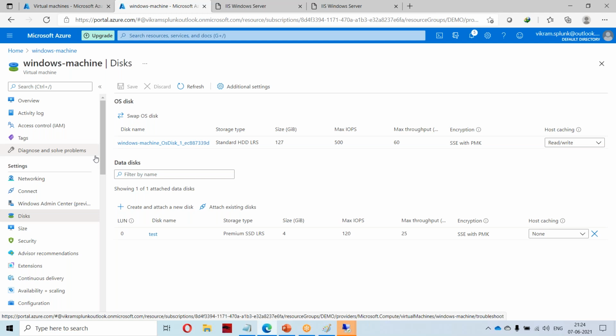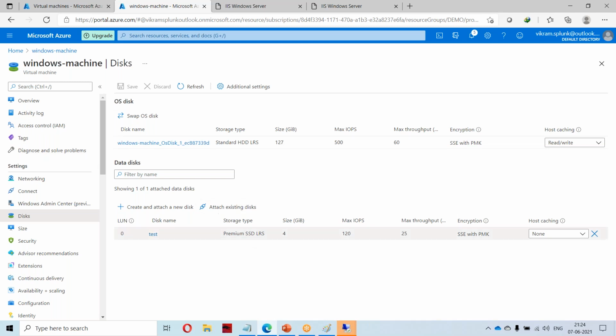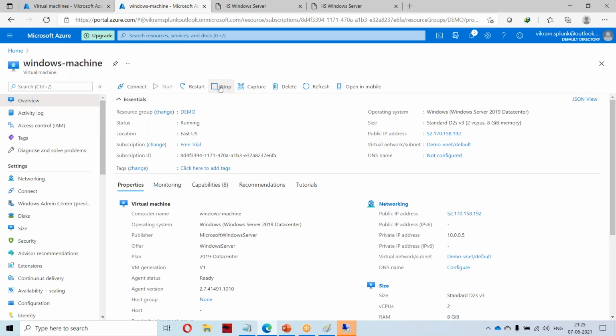Now, by any chance your operating system has crashed and the C drive is gone. What you can do is spin up a new machine, add an existing disk to that machine, and select the existing D drive, such that whenever it boots you will get the older drive mapped with its data. But whatever we kept in the C drive will be gone. We are not able to grab it back.